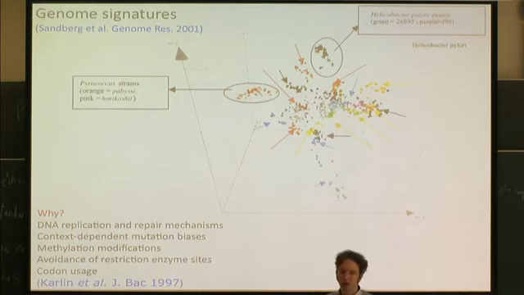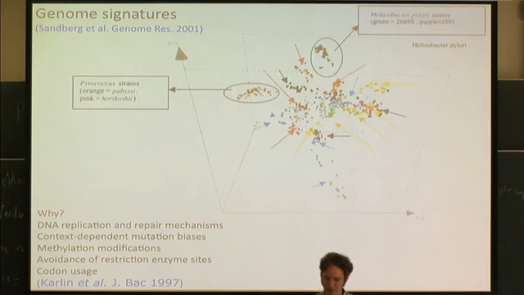etc. I mean, it's an interesting question as to why the different genes in the same organism have these conserved genome signatures, and it probably reflects the environment of that organism. So a gene has to be adapted to the DNA replication and repair mechanisms, etc. Codon usage is also probably an important factor in this. Because there are multiple different codons that can code for the same amino acid, there's a degree of redundancy there. And different species have different frequencies of those codons, and that affects the rate at which the